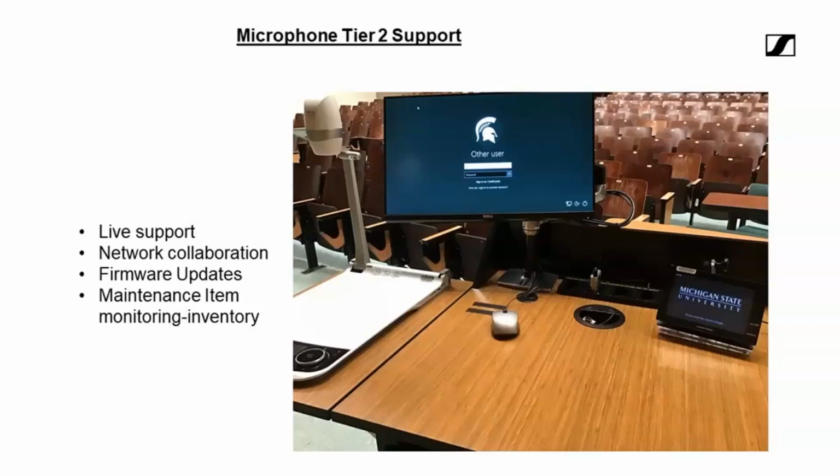I'll touch on that in a minute, but a couple of the bullets on the side there, live support, in addition to what Greg was saying. There's functionality, say someone is speaking and all of a sudden it cuts out. We have a help desk that can be contacted with that. If Greg's crew was unavailable or something, we can log in remotely, and if they accidentally mute the mic, we can see that and unmute it, with minimal disturbance to their class, which has been a great benefit.